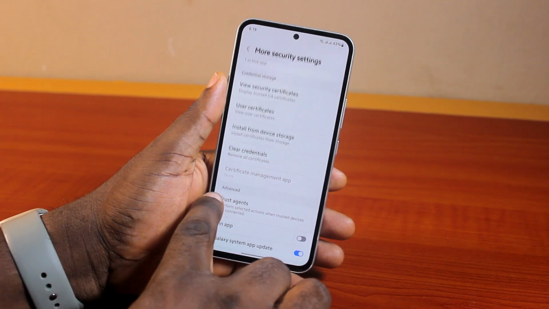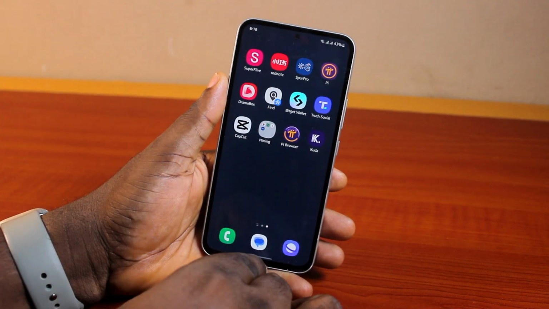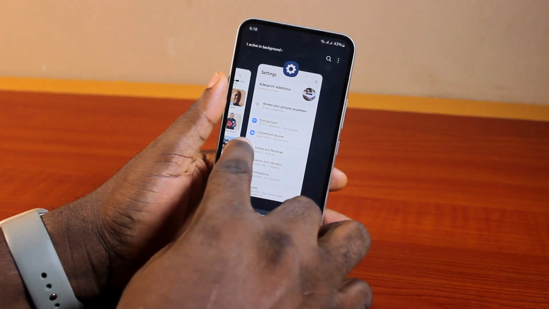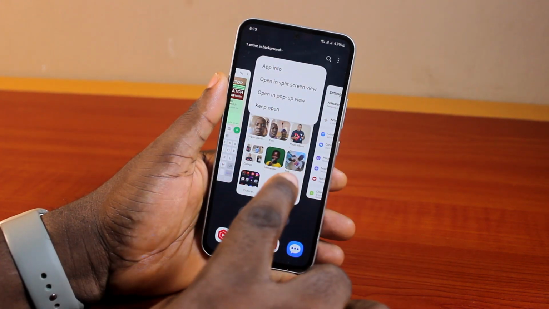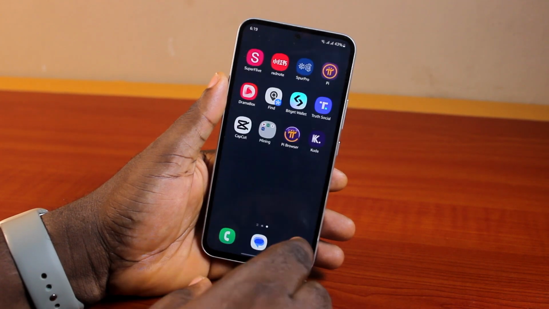Now once toggled off pin app under security and privacy, if you want to pin any application on your Samsung Galaxy A54, click on the app logo, then you should see pin app not available. You see that? So that's exactly how to turn off pin app on